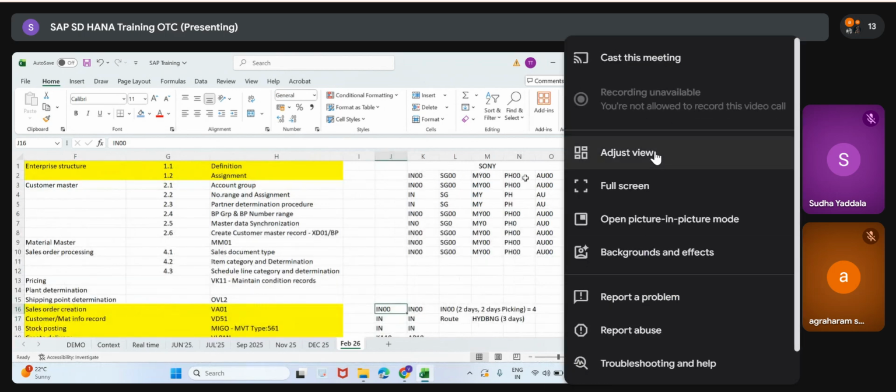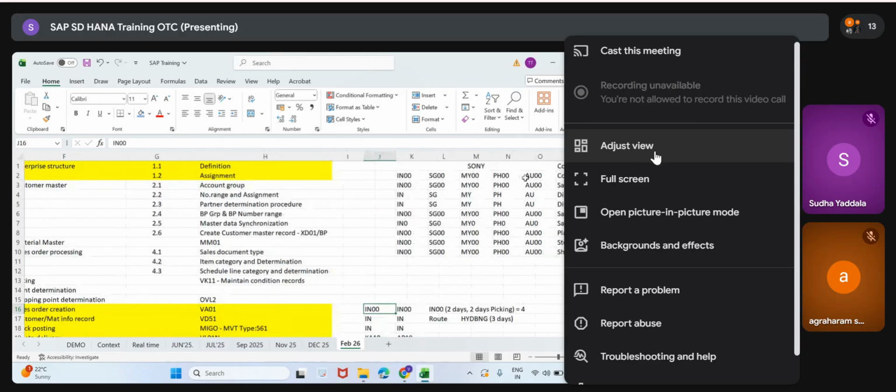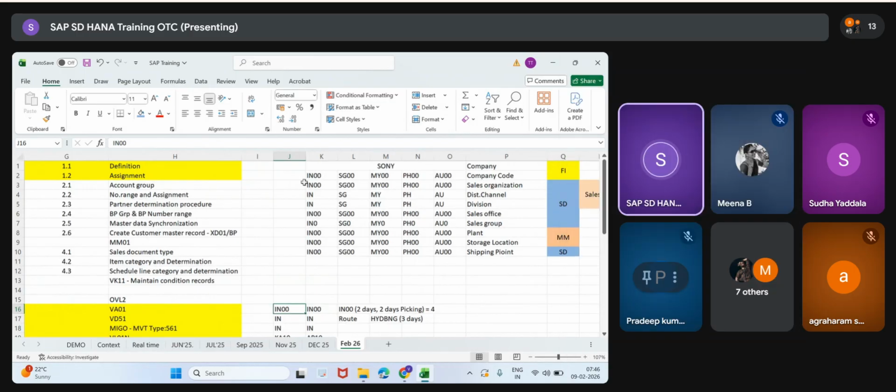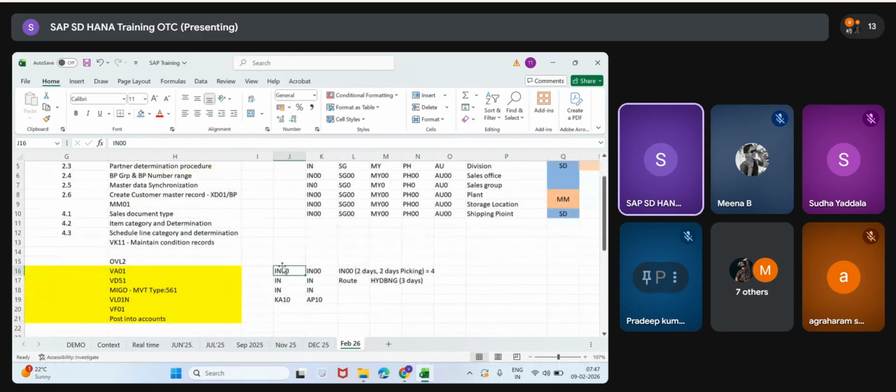Like that, in the system all codes are available. Suppose they are running their business in 100 plus countries. Each of those countries has its own structure. Whenever orders are coming from a customer, they will use the respective country codes. That's it. This is what enterprise structure is. Any doubts?